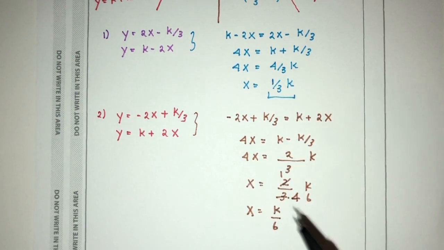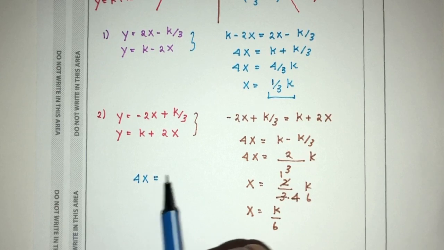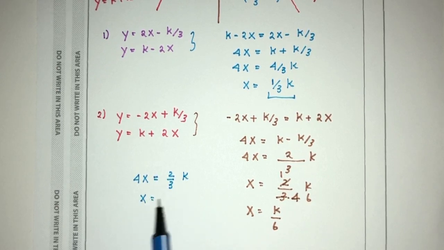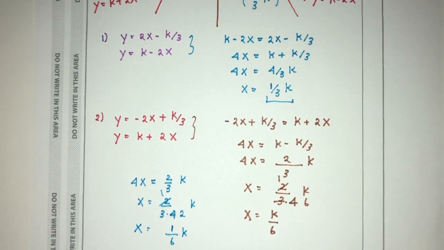Or let me explain again because it might be confusing for some. So here we have 4x equal to 2 over 3. Okay, x will be 2 over 3 divided by 4. Cancel out, you will have 2. So 3 times 3 is 1 over 6k. So as you can see here, we have two values for this one. I think,